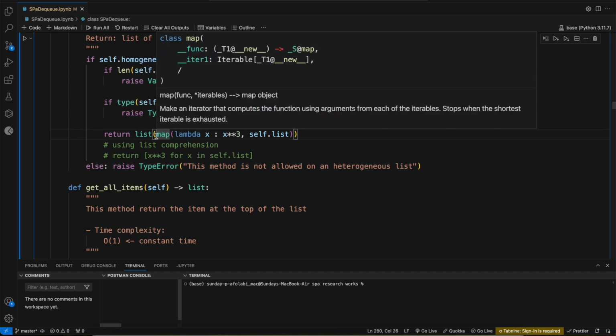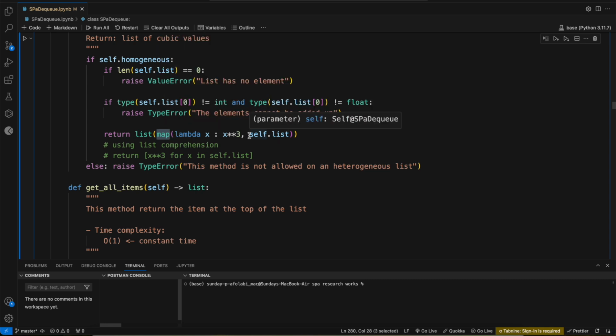This method, this map, will help us to iterate from this. As it iterates on this, it passes each element, it treats each element at a go. So each element goes through in a sequential way. It passes the element, and you apply the function you want to perform on it. Okay, then it stores it in the list as well, as the list comprehension would do. So else, if it is not heterogeneous, we still raise the